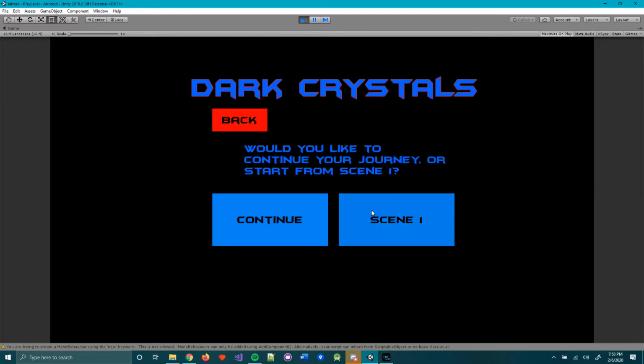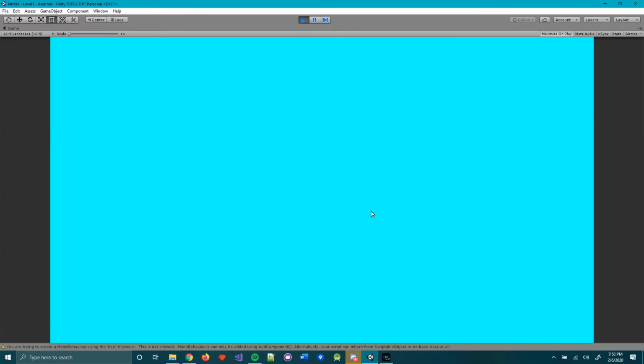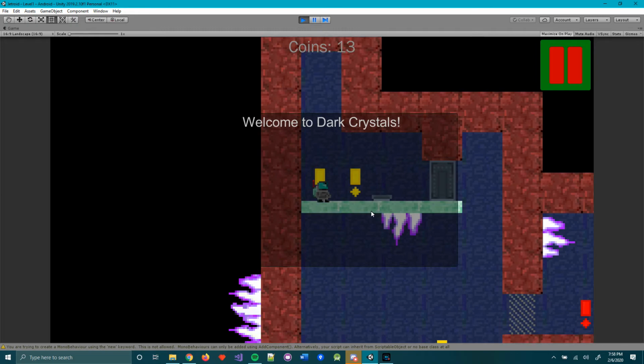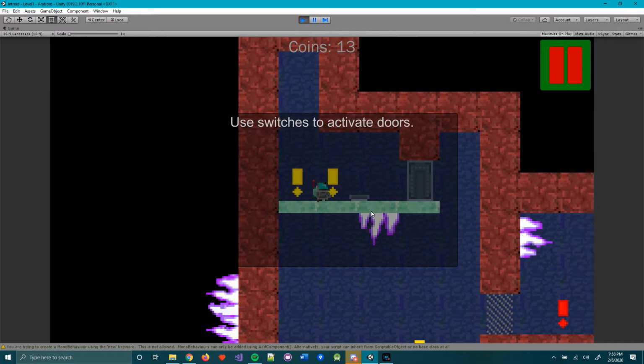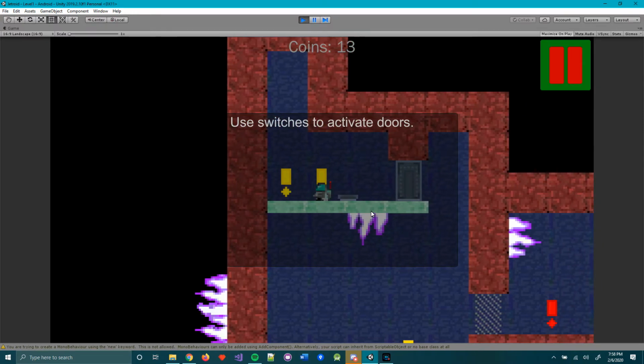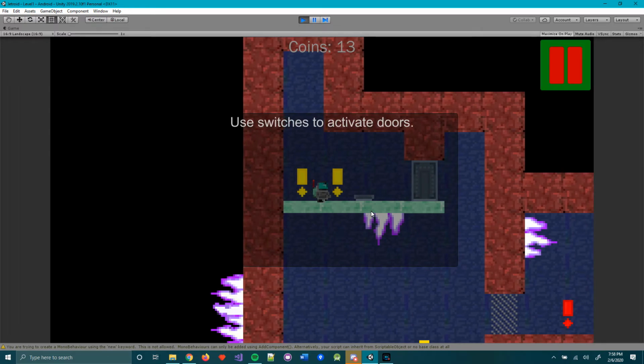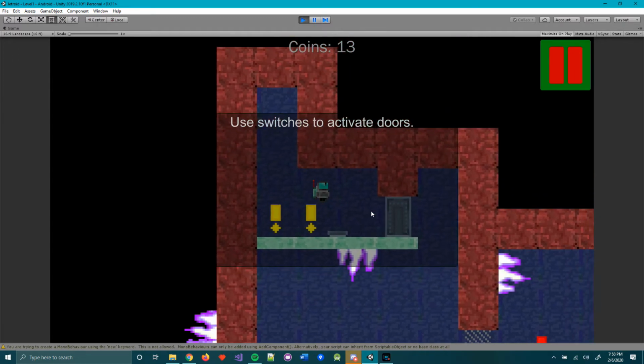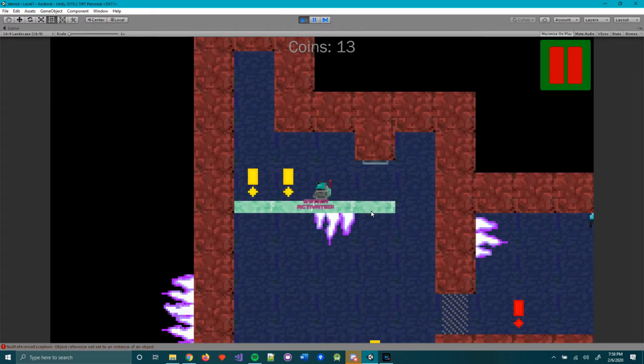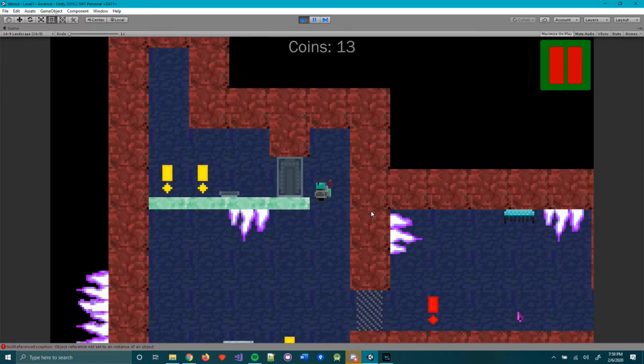So playing the game, we'll go ahead and start from scene 1. And right off the bat, you'll see that I took a majority of the instructor's artwork and coined it off as my own. And I am not an artist by any means, so these colors were absolutely atrocious. Everything from the menus to the UI to the overlay screens to the pop-up text, everything is just a clustered